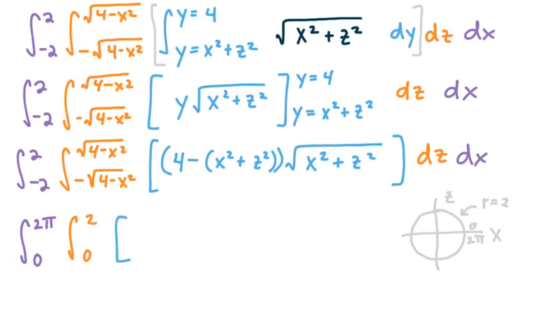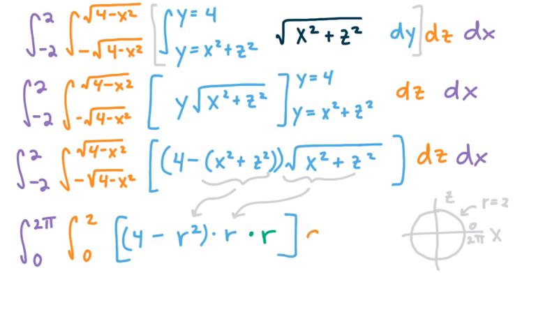What does my integrand begin to look like? 4 minus, what's x squared plus z squared? That is r squared. And how about the square root of x squared plus z squared? So we've got all of that. That would become times r. Okay, so this guy became that r squared. This becomes r. And since we're dealing with polar, do we need to add anything extra in there? We need that extra r. And then we integrate dr